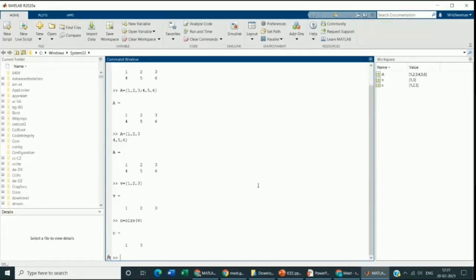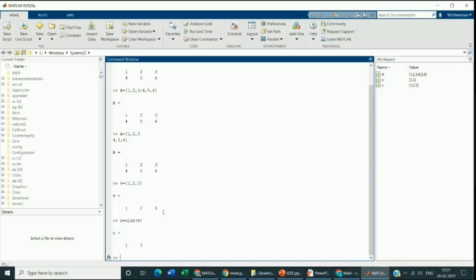As you can see, we have created a matrix V with elements 1, 2, and 3. When we apply the size function to V, it gives the number of rows, which is 1, and the number of columns, which is 3.